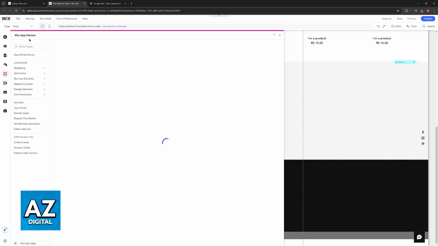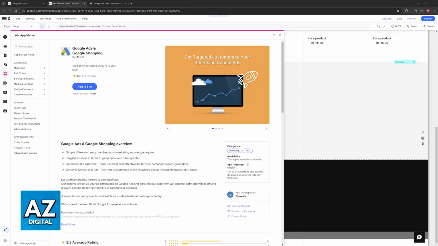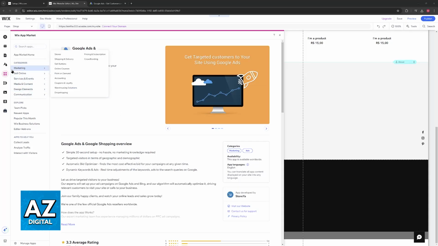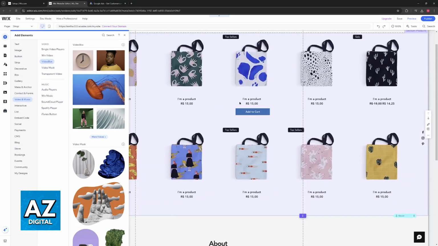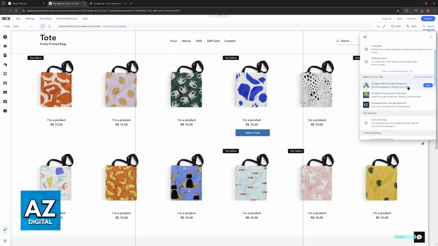If you open the Wix app market and you add it to your website here, you will be able to grant it permissions. And once this is done, you will be able to add it around your screen and make sure that you use Google Ads alongside your Wix page. You will be able to add it as an element around here as long as you have the app properly installed, and it is going to be usable with Wix.